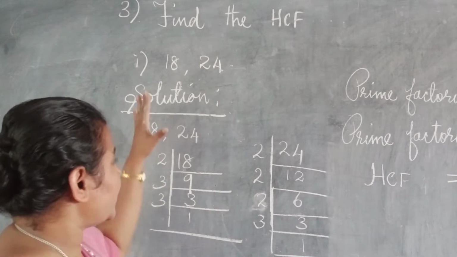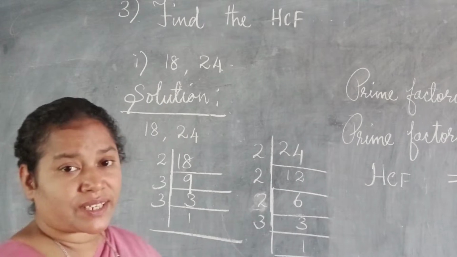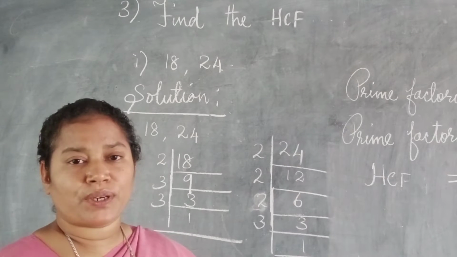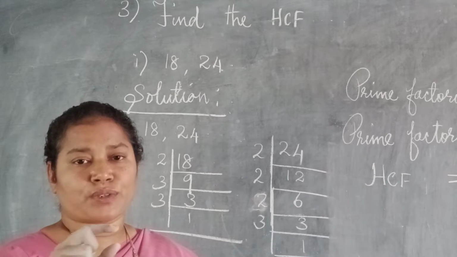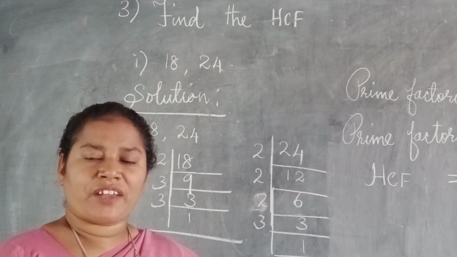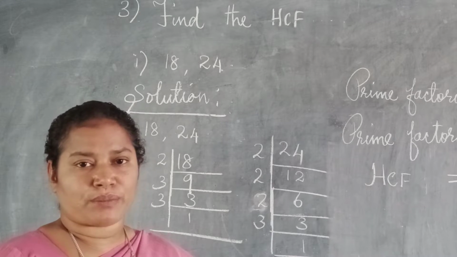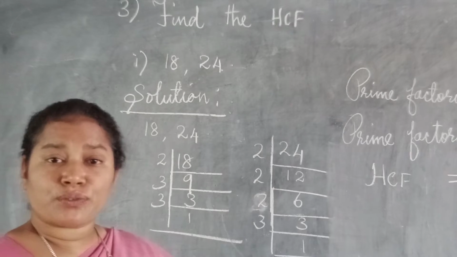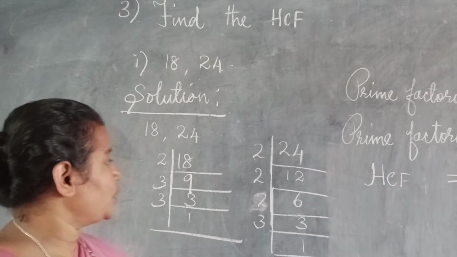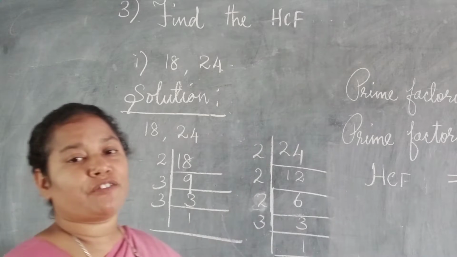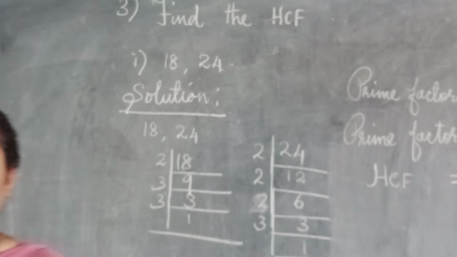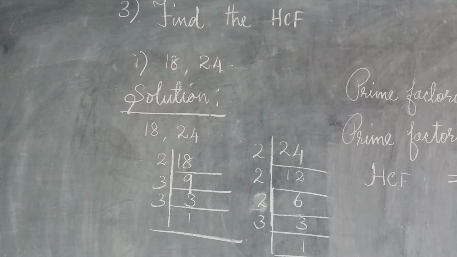Okay. So when they ask us to find the HCF, at present you learn which method? They will give us a question like this: use the prime factorization method or the division method. They have asked us to find it using the prime factorization method, so we have followed this method. Now how to write and find the HCF, I will explain to you. Please pay attention.